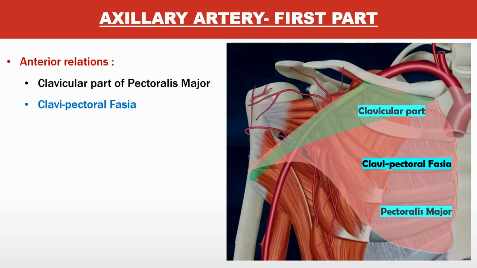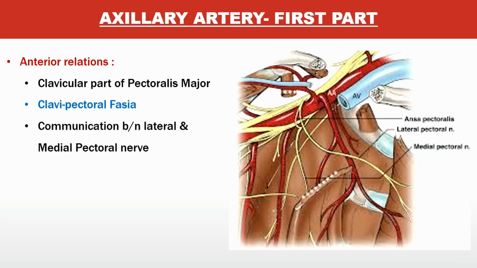Where will the subclavius be? Inferior surface of the clavicle in subclavian groove. So this pectoralis minor, the fascia covered it. Which fascia? Clavipectoral fascia. It joined here, came as a slip, and covered pectoralis minor. It joins, again it goes, covers the subclavius and it is attaching on the clavicle. Then these nerves are there, medial and the lateral pectoral nerves, which are actually the branches of the brachial plexus. We'll see it later, okay?